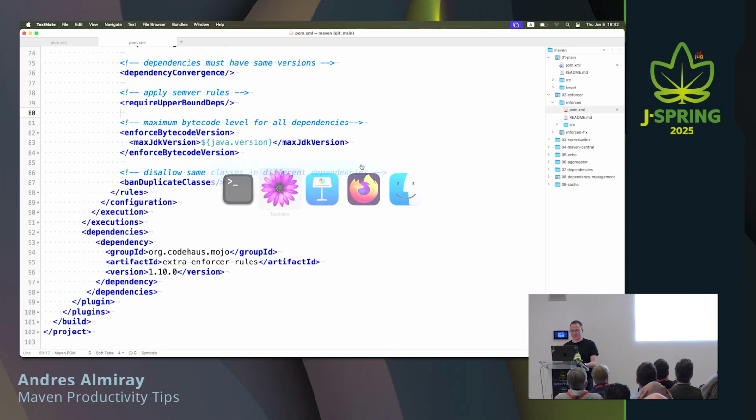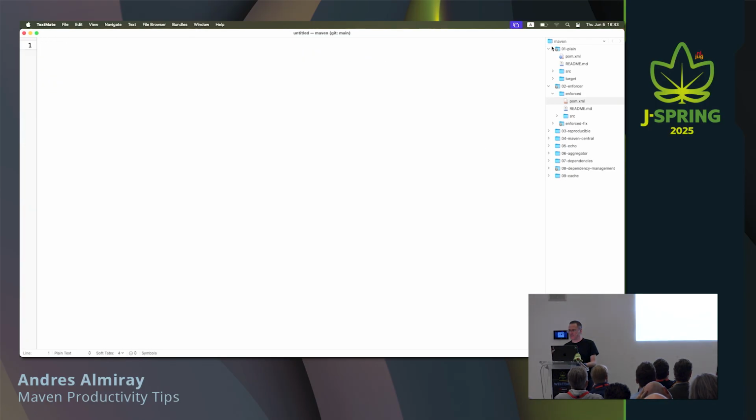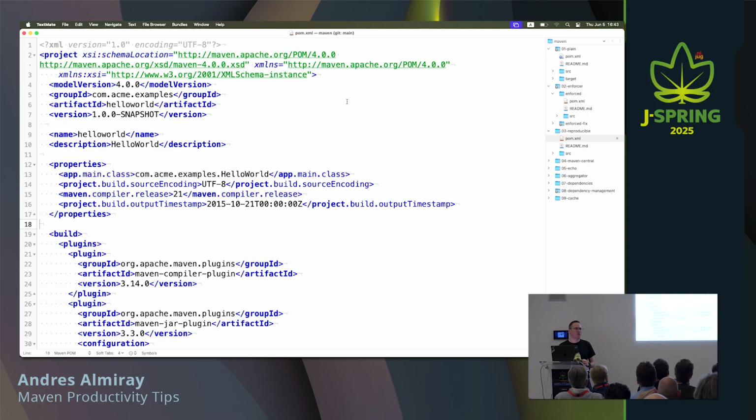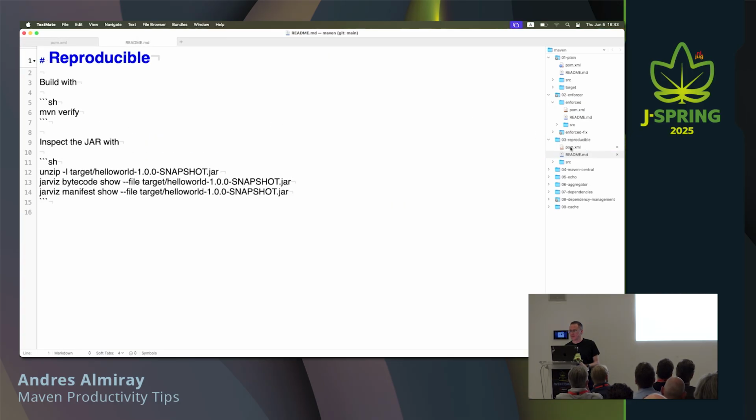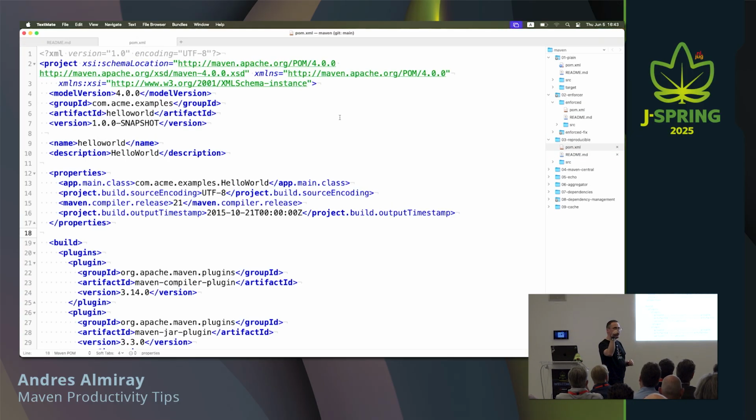All right, next one. So we want to enforcer. What is the next one? Reproducible artifacts. What does it mean for a reproducible artifact? Well, if you browse to a, I think, do I have the URL in the README? Maybe? No, I didn't. So there is a website called reproducible-builds.org that tells you all the guidelines that you have to do in order to build reproducible artifacts in many different source languages, Java being one of them. So in the case of Maven, what we have to do is that every jar and every artifact that we build, we have to define the same timestamp.